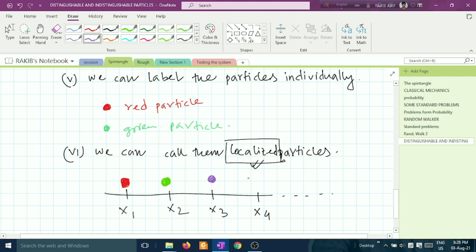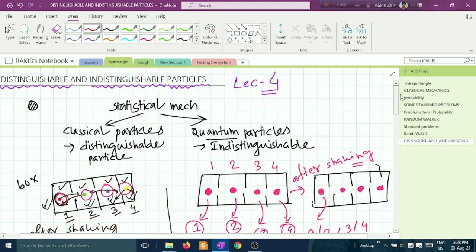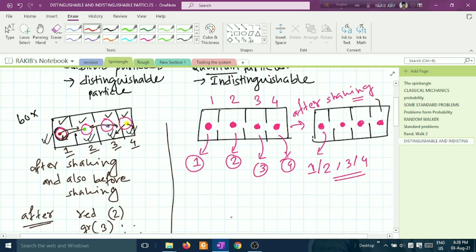You can easily localize the particle. This is the localization of particles. This is possible because they are distinguishable. You can easily put a particle and easily replace this particle to another place. Easily. But in case of indistinguishable particles, it was not possible because say there were 4